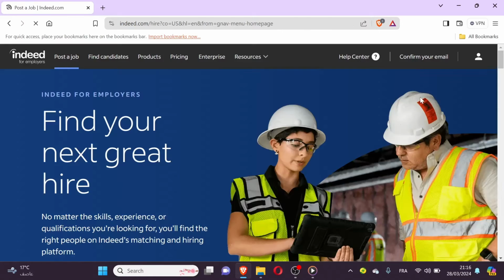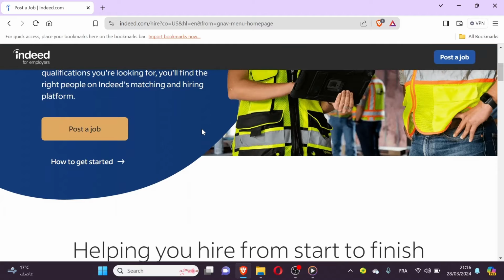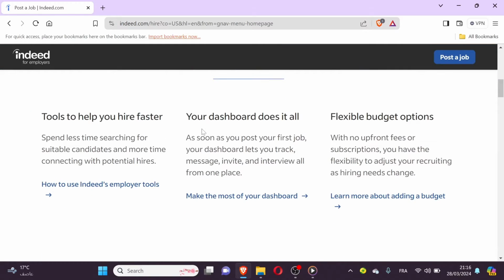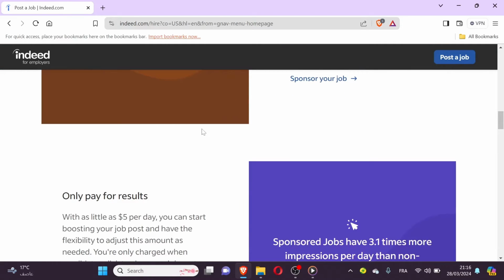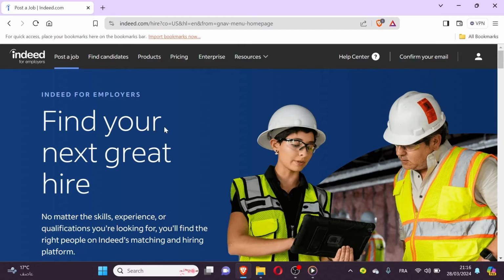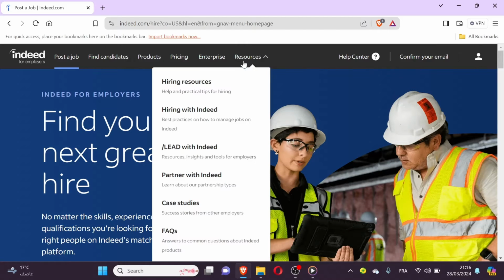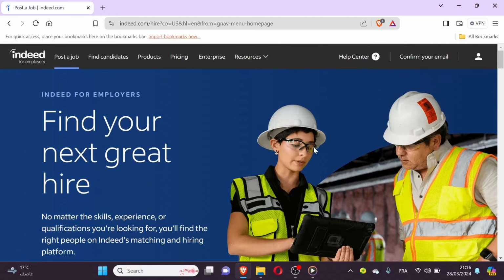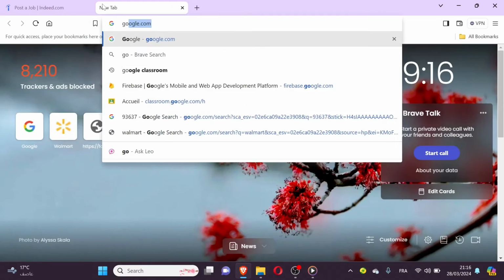Within the User Management section, look for an option to add user or invite user, and click on it to proceed. Fill in the required information for the new user, including their name, email address, and any other relevant details. Select the appropriate role or permissions for the new user. Depending on your account settings, you may be able to assign different levels of access, such as admin, recruiter, or